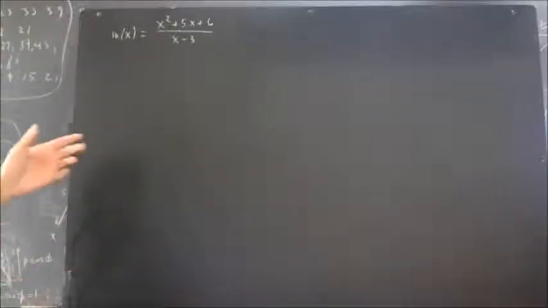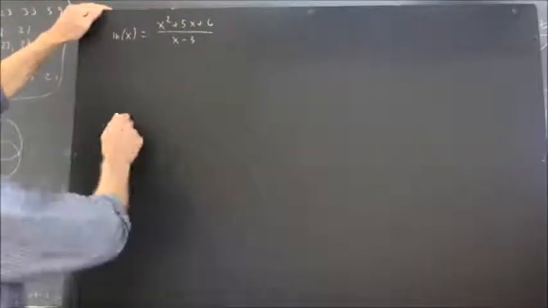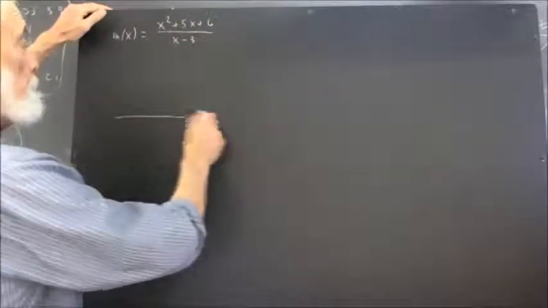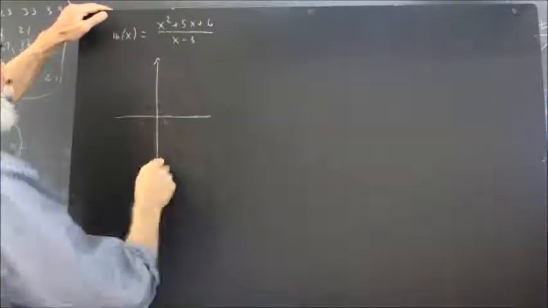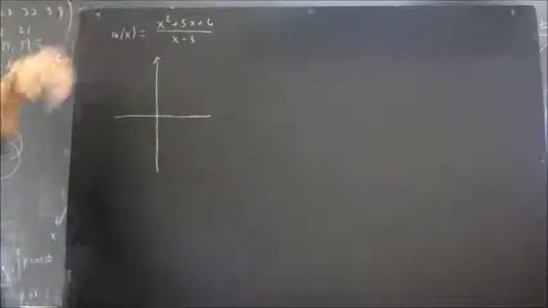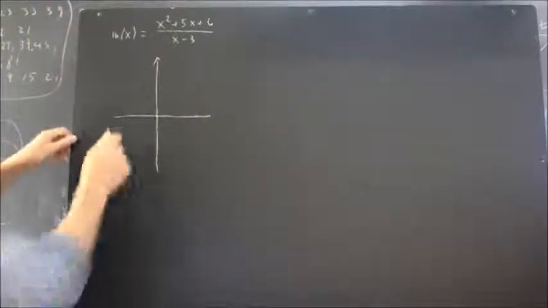Now we want to construct a graph of m of x equals x squared plus 5x plus 6 over x minus 3. You should do what you can with this, hopefully quite a bit, before you watch what I do. Okay, but having done that,